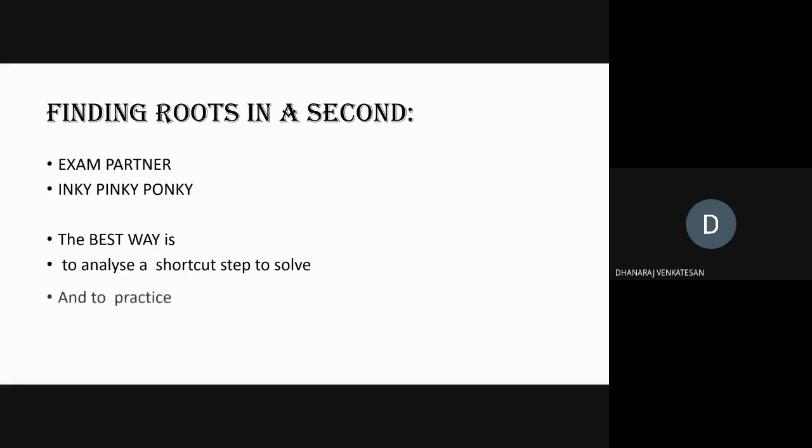The next way is to practice often. If you keep on practicing, you can remember all the squares. 25 square is 625. Like that, you can always remember. 7 cube is 343. So when you practice, you will have a touch with the numbers, so you can solve the problem easily. The simplification part won't be much difficult for you.